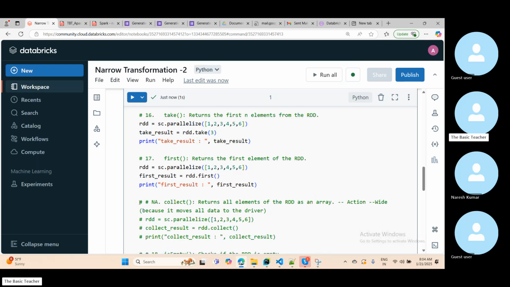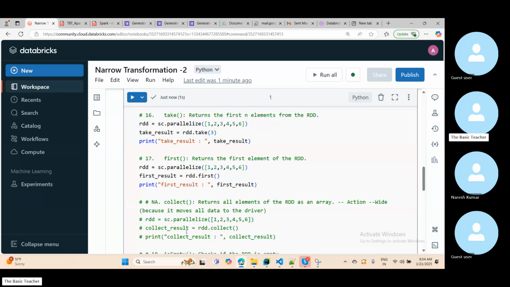Then you have collect. I guess that we are doing all the exercise with collect only, right? Collect means collecting the data to the driver node. Here you can think about collect. Collect is the costly operation in Spark. We should always avoid doing the collect, because collect is an action that retrieves all the